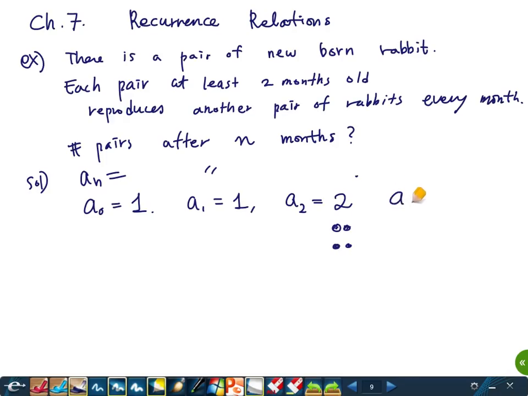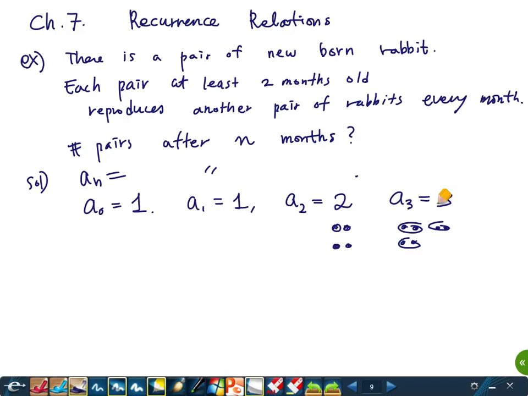So in the 3rd month, what happens? This will produce another pair, because we assume that this is at least 2 months old. By the way, no rabbit will die, right? They always live forever. So they are still there, and this will reproduce another pair, right? This part. So we have 1, 2, 3. So it's 3,